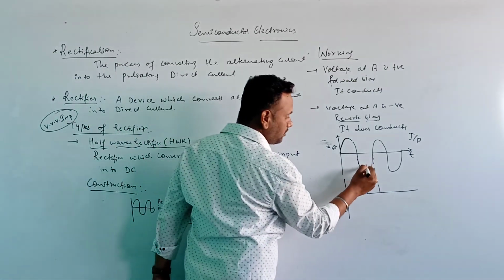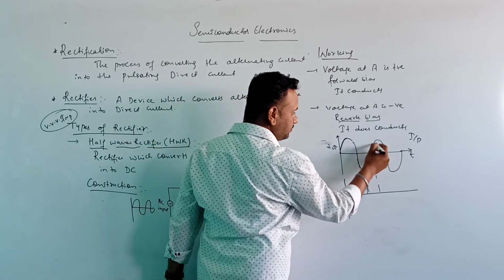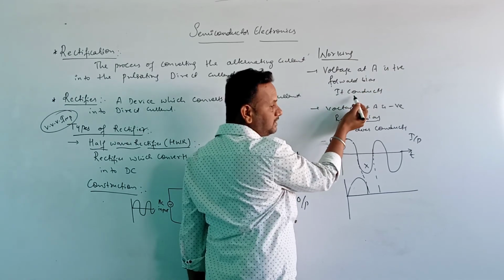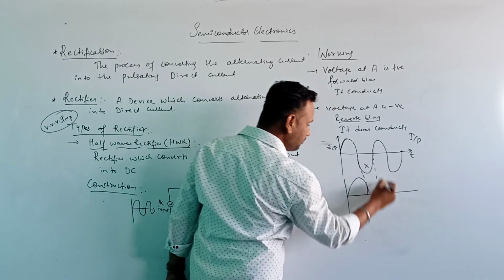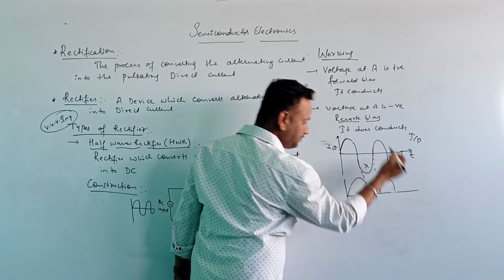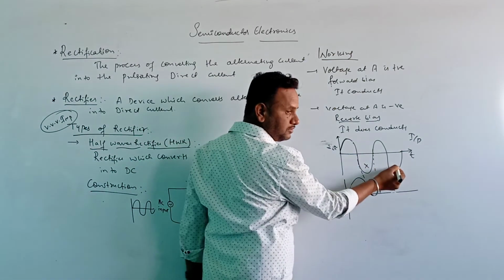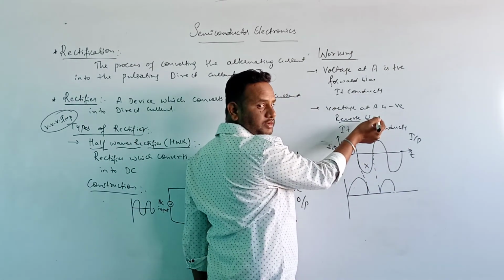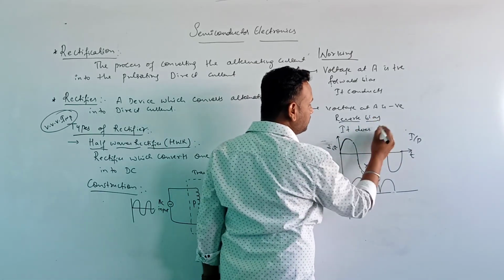So for this we are not getting the output. For the next half cycle, again it is becoming forward bias, and hence it conducts, and hence the output will come. Now for this we are getting like this. Okay, for the next half cycle, again it is becoming reverse bias, and hence it does not, sorry, यहाँ पे लिखना does not.